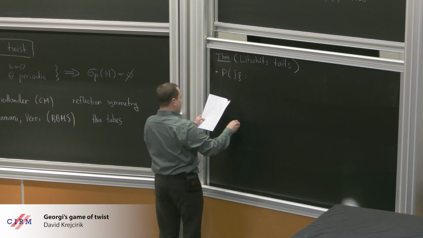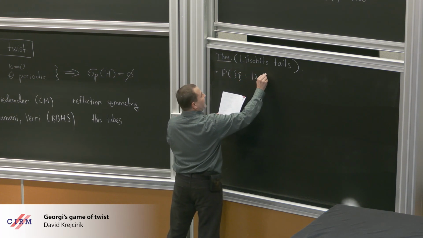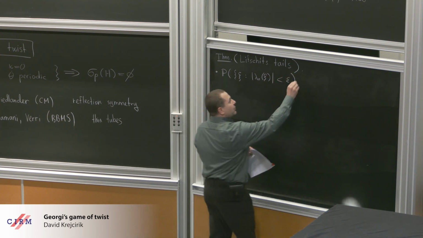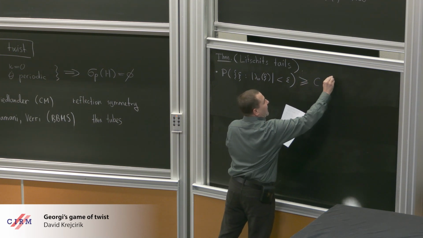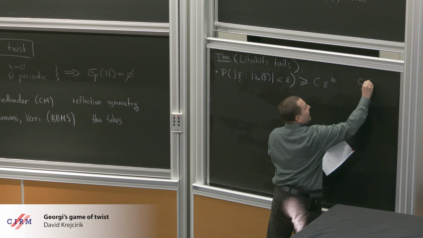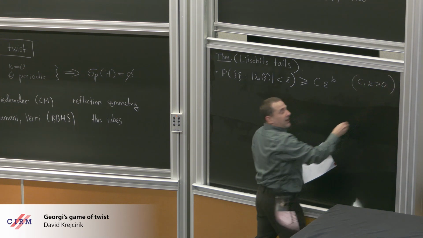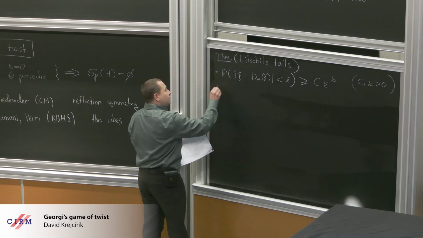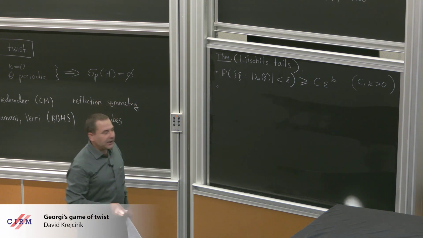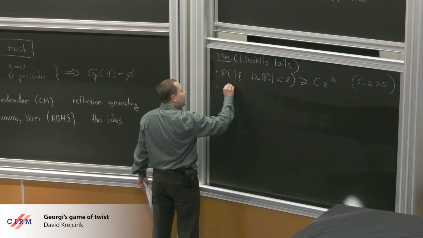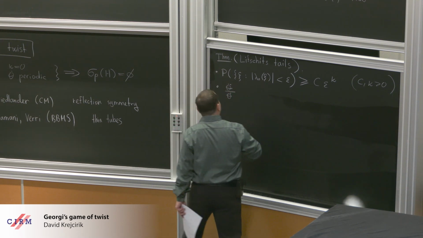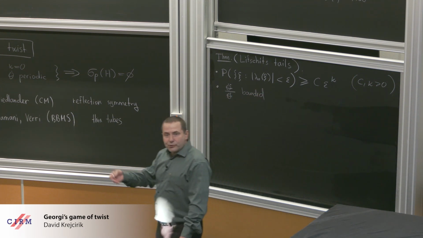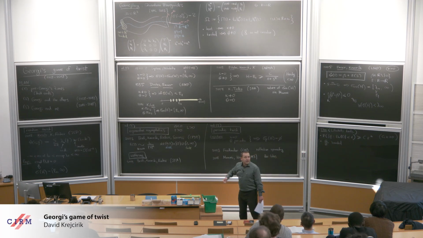The probability of xi that lambda 0 xi is less than epsilon, where epsilon is a small parameter, is bigger than C epsilon to the kappa, with C and kappa positive constants. Then we need some technical assumptions, unfortunately. We need that this logarithmic derivative is bounded. You take the essential supremum in both variables, S and xi, and it must be bounded.